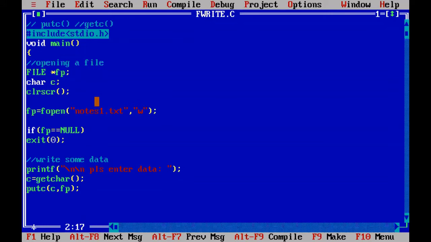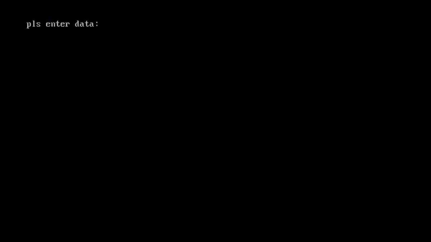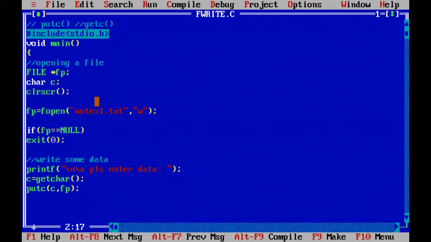So Control F9, enter data, a single character, capital A, and press enter. So the program is completed. The fopen function created note1.txt in the specified folder location, and the file pointer is returned.